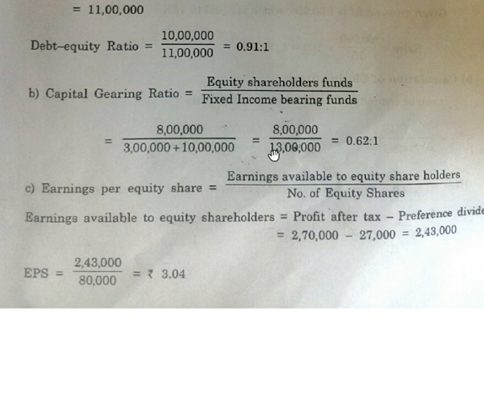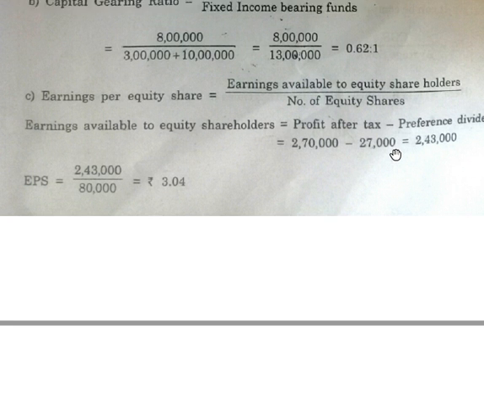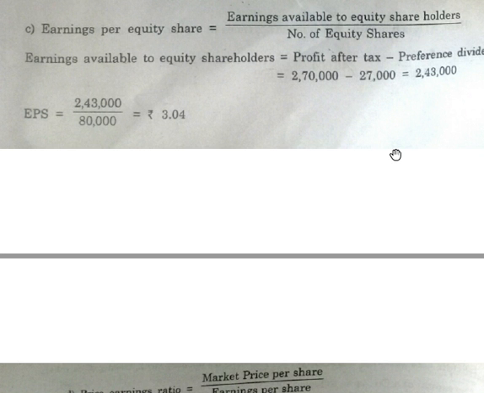So 8 lakhs divided by 3 plus 10, so 8 divided by 13 lakhs, which is equal to 0.62 is to 1. Earnings per equity share is equal to earnings available to equity shareholders divided by number of equity shares. So earnings available to equity shareholders is equal to profit after tax minus preference dividend, which is equal to 2,70,000 minus 27,000, which is 2,43,000. So 2,43,000 divided by 80,000, the number of shares, which is equal to